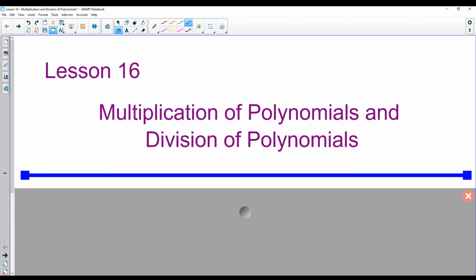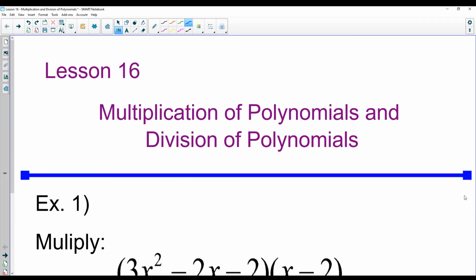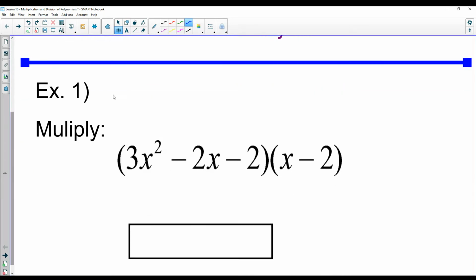Lesson 16, multiplication of polynomials and division of polynomials. Our first example is multiplication of polynomials. All right, we have a trinomial times a binomial. So let's start multiplying. First step is to take the first term in the trinomial and multiply it by both